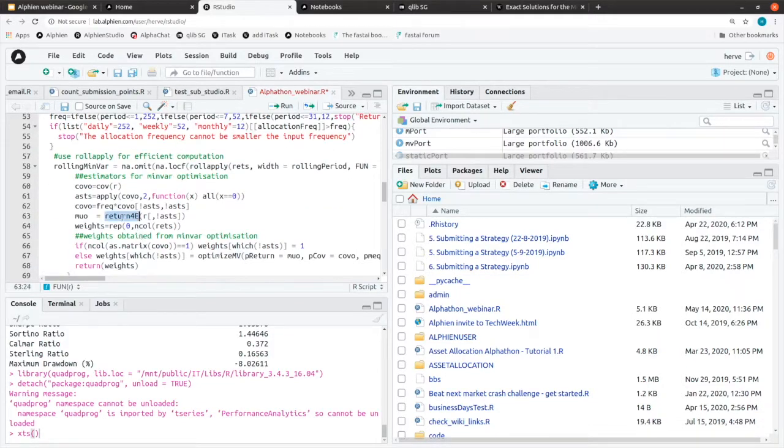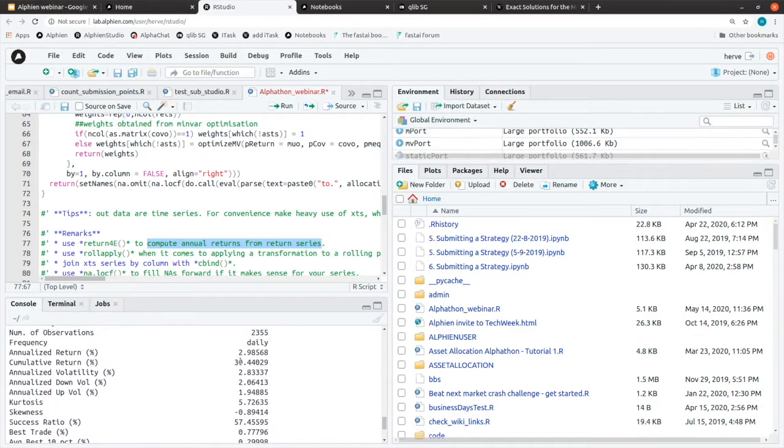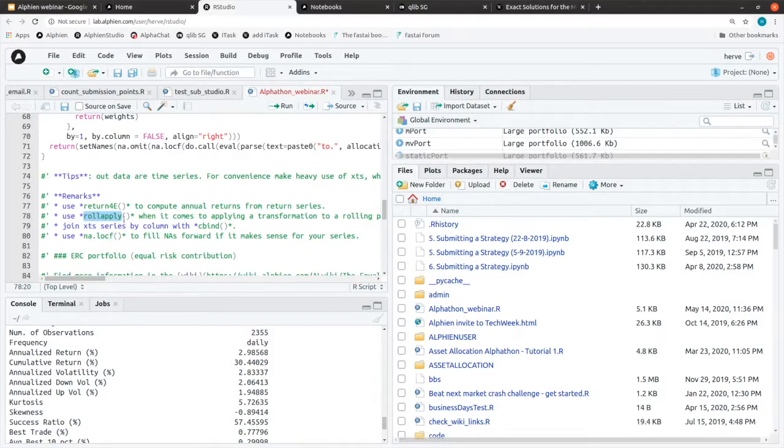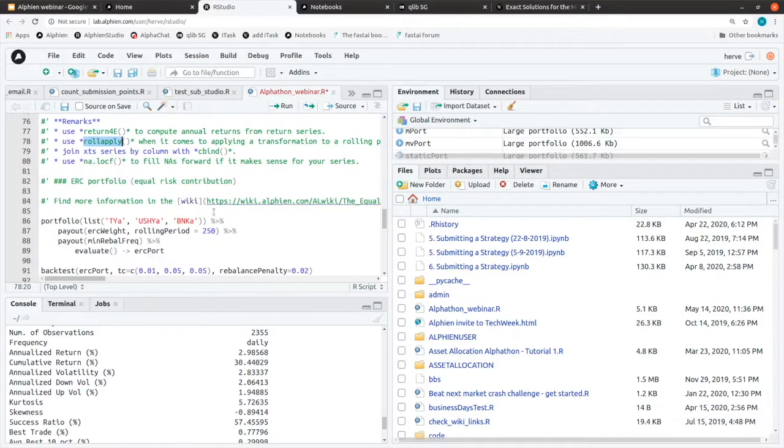that we use here. We use return for E, and this function computes annual returns from a return series. So you feed in daily returns, and it's going to give you an annual return, just like here, in this sort of format. We are using roll apply, which is an efficient way to apply a function, like a transformation, across a rolling period. This is what it says. We are also using cbind